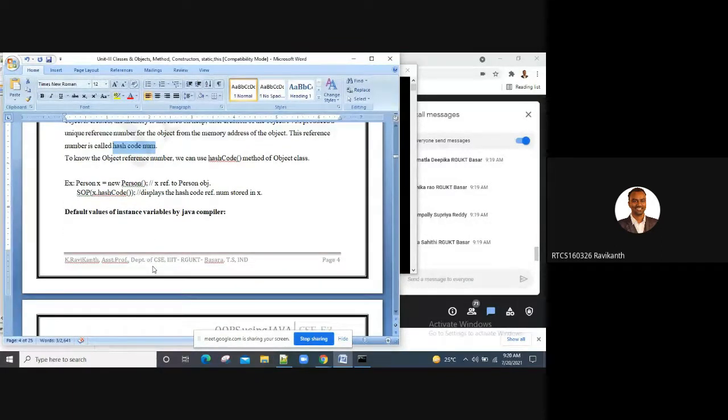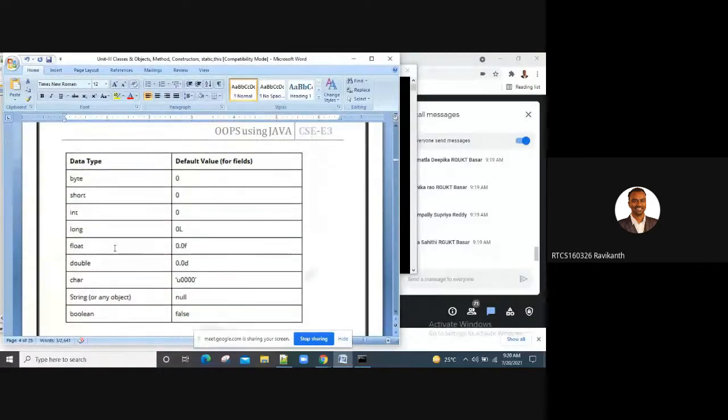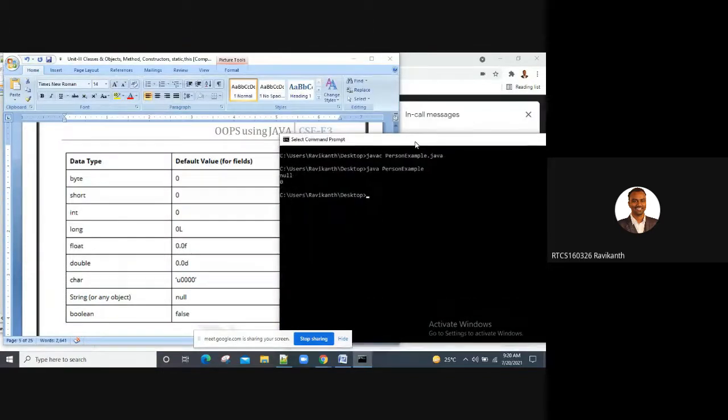This is the table of default values. For byte, the default value is 0. For short, it is 0. For integer, it is 0. That's what we got here as 0. Then for string or any object type, it is null.